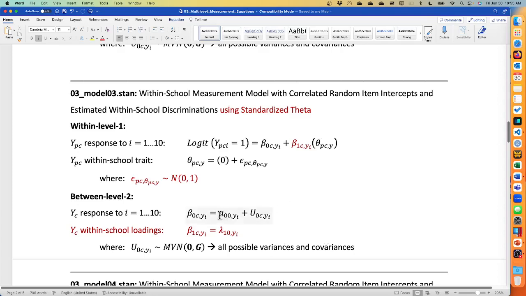So in the same way that the expected response can have a random intercept, the expected loading could have what? What could go here? A random intercept for school? A random loading for school? Random slope for school? A random loading. You could have a U1 for the lambda term. Each school could have a different within-person factor loading. Some items could be more discriminating in different schools. We're not going to do that to you. But because it is theoretically possible, maybe not computationally, I put it in the notation to allow that as a